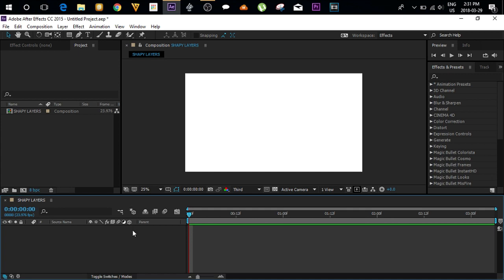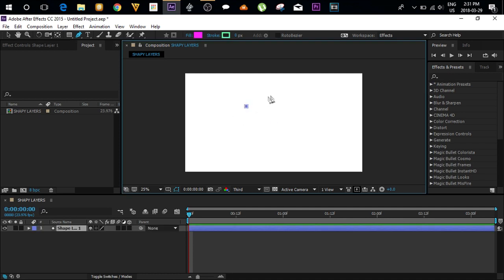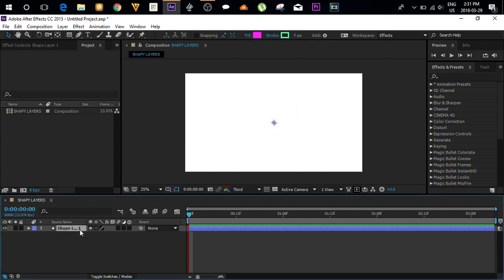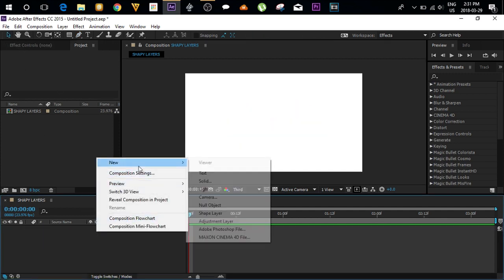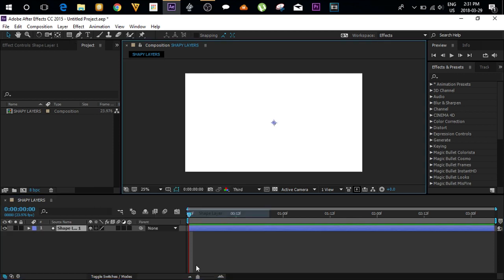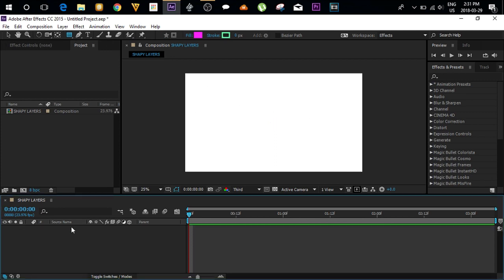Okay, so there's about three different ways to make a shape layer. I think most of you are familiar with just grabbing the pen tool and drawing, and then this thing pops up, and this is what's called a shape layer, as it says, shape layer. So that's one way to do it. You can also just right click on here, go to New, then you'll see Shape Layer, and then you'll have to draw something in. Or then the third option,